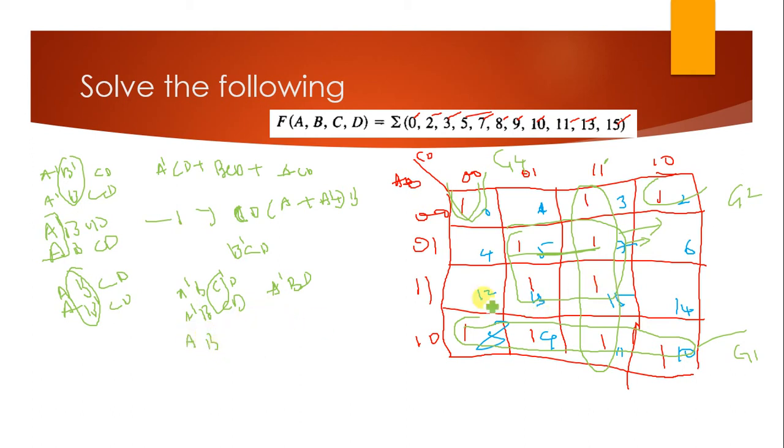Similarly, the next two, which is A B, again C dash and D, C dash and D, and A B C D. C dash has been shifted to C. So A B D. A B plus A B D. B D is common here. So A dash plus A, which is unity, which is B D here. Similarly, the last group, which is G3 here. B D is another term.